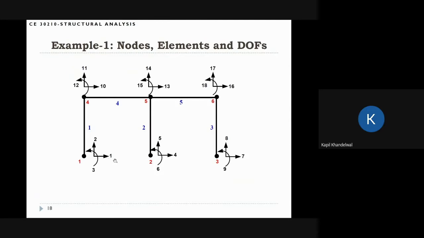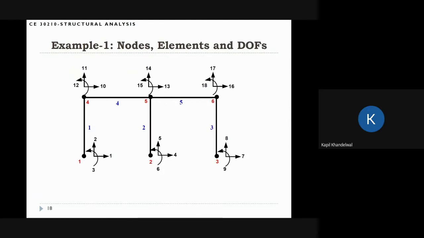So in this case, the U degree of freedom is assigned first, then the V degree of freedom is assigned, and then the third degree of freedom, that is the rotational degree of freedom, is assigned. So you can see that this is the ordering of the degrees of freedom. And now we want to actually apply the loads here. And for the loading, you have to be a little bit careful when you are applying